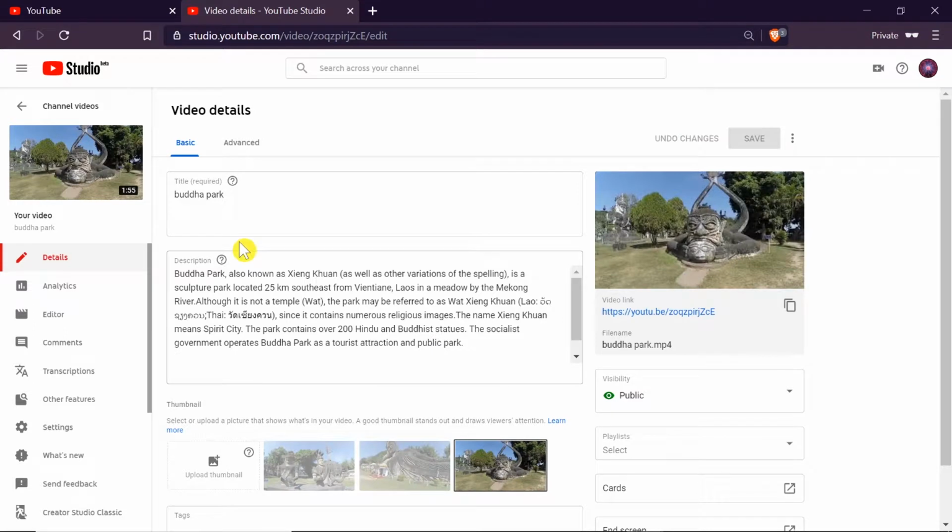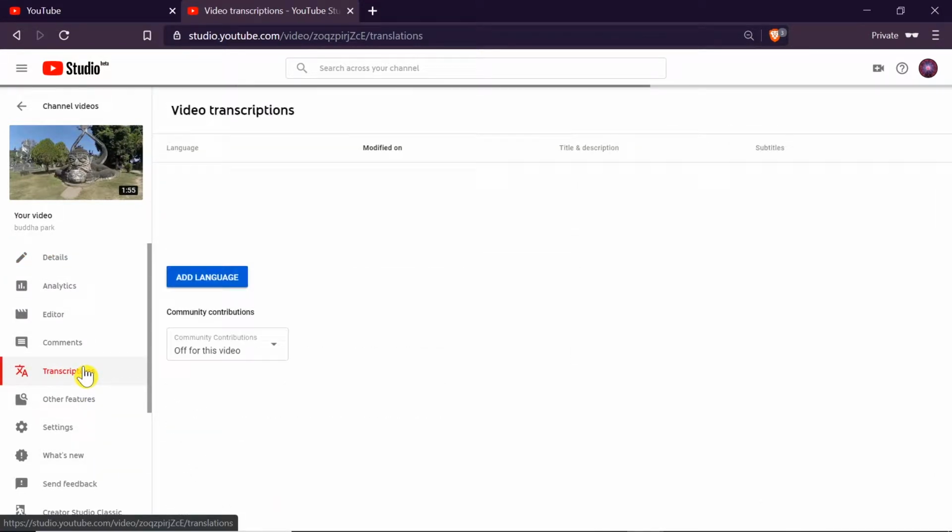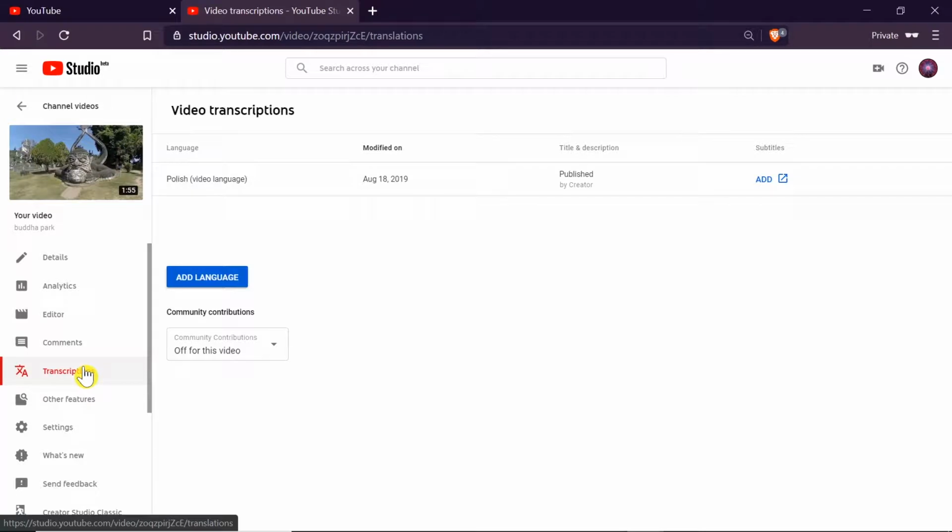And right now we are in the settings of the video. So to add subtitles to this video, on the left side, we need to choose transcriptions. After we get to transcriptions, as you can see, we've got some information about the language, about the title and description, and over here we've got subtitles. But as you can see, this one is Polish, so if we want to add, for example, English subtitles, we can click down here, Add Language,